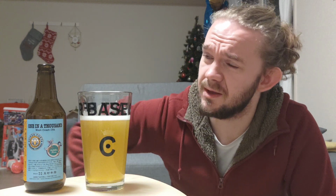Oh yeah. I'm going to say straight away, that's quite an interesting one. The way that this beer develops with its aftertaste is pretty nice. And it is, as I suspected it was going to be, more of a kind of modern take on the